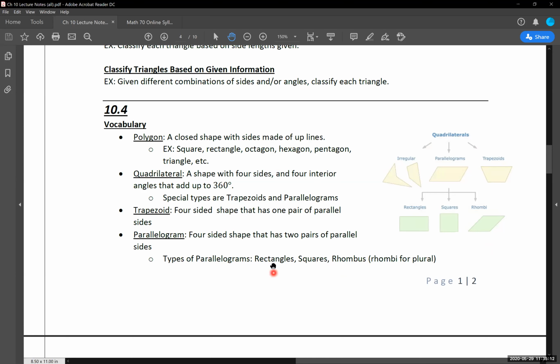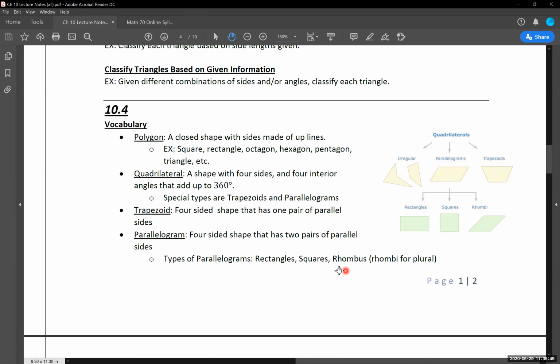I think you want to know at least the rectangles, squares, and rhombus over anything else. These are the big ones because they show up very often. But beyond that, in terms of what I'm going to be expecting that you know, and I think in your future classes in this regard, you're not going to need to memorize these inside and out. It's worth having a reference of where to find this information, but it is not one where, if you don't have this memorized, you're not going to pass the class. You'd be just fine without that.